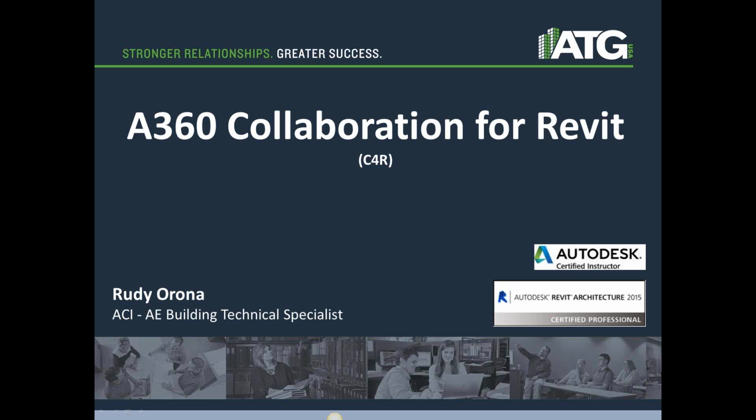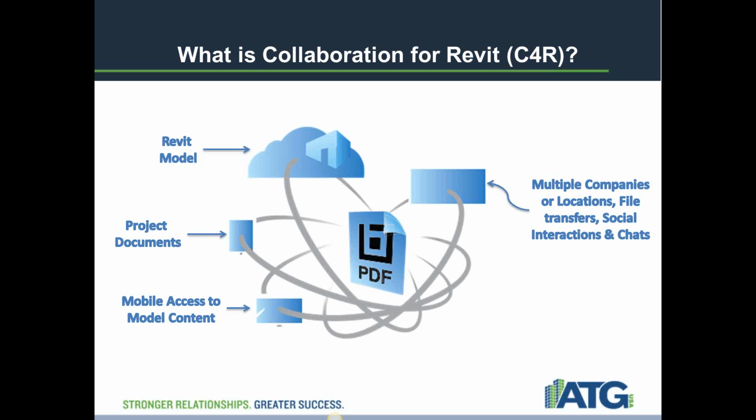Proceeding on forward, the main question is going to be, what is collaboration for Revit? So Autodesk A360 Collaboration for Revit is a cloud-based service application that allows a user to host a project to its database on the cloud. C4R then allows a user or administrator to assign individuals from any office location or company to work collaboratively in a project. Multiple users are able to communicate and transfer documents, all stored in one convenient location for optimal coordination and communication. Even individuals involved in the project that may not have access to the Revit model can